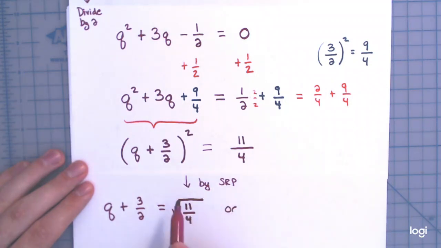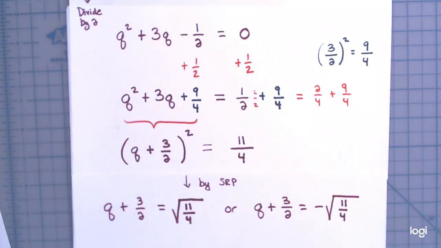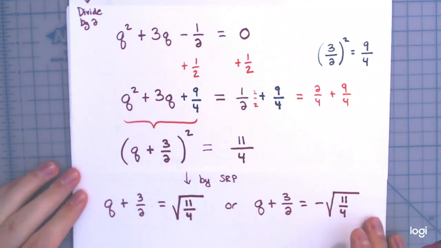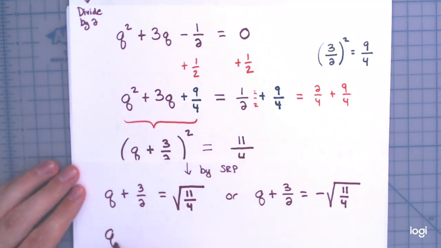Or this base, this q plus 3/2 that's being squared there, could be equal to the negative square root of 11/4. And then of course we're going to want to simplify our radicals. Remember that we don't like radicals over denominators. Now, if you recall the quotient property for radicals involving real numbers, you can take the square root of the numerator and the square root of the denominator separately. So this is q plus 3/2